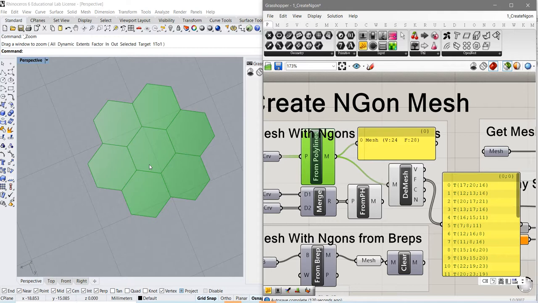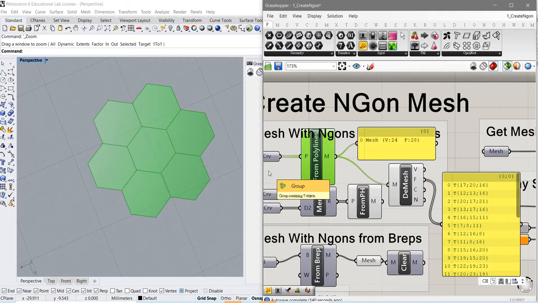With the original Grasshopper mesh setup, you can only have triangles and quadrangles. But somehow the internal data structure of Grasshopper mesh actually allows many-sided polygons, including hexagon, and of course also